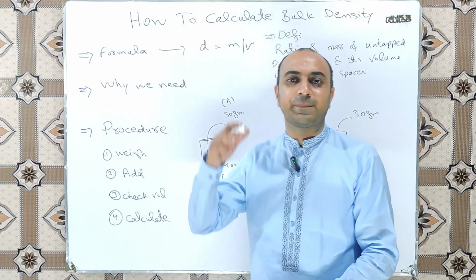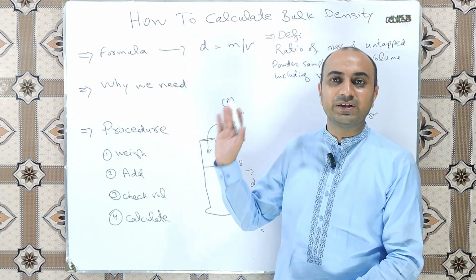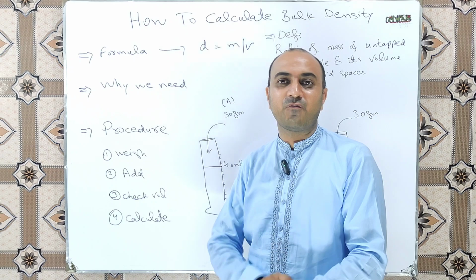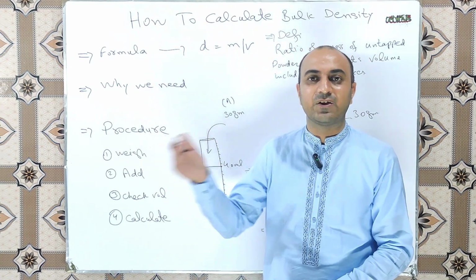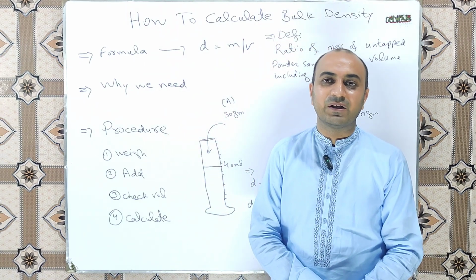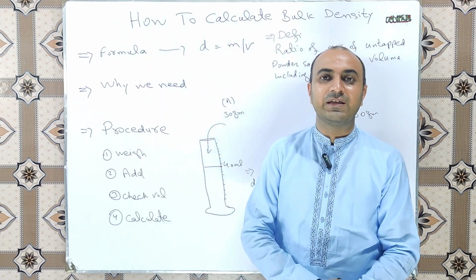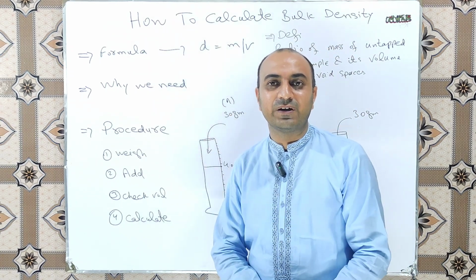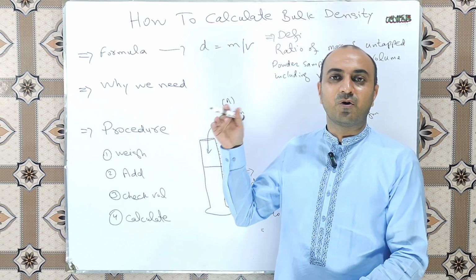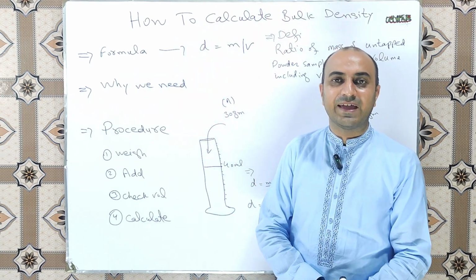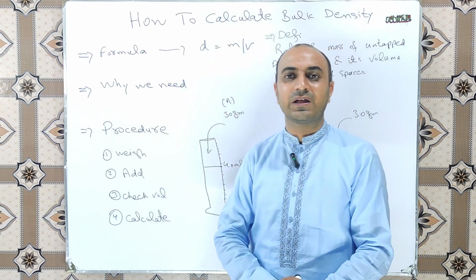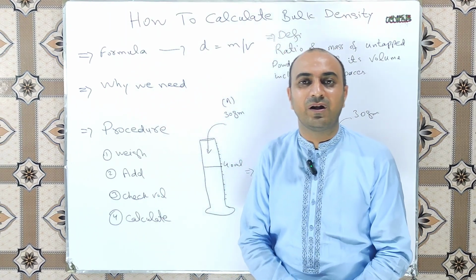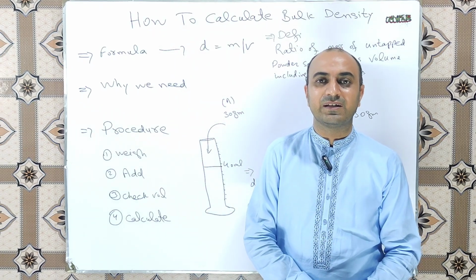To calculate the capacity of any equipment we need bulk density. To calculate how much volume of a powder can be filled in the die of a compression machine we need bulk density. For capsule filling, to calculate how much powder can be filled in a specific dosing disc, or which type of dosing disc we must install for a specific product, we must calculate the bulk density. So bulk density of the powder has great importance in pharmaceutical industries.